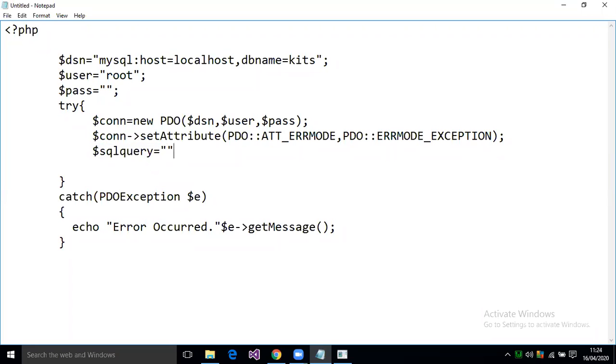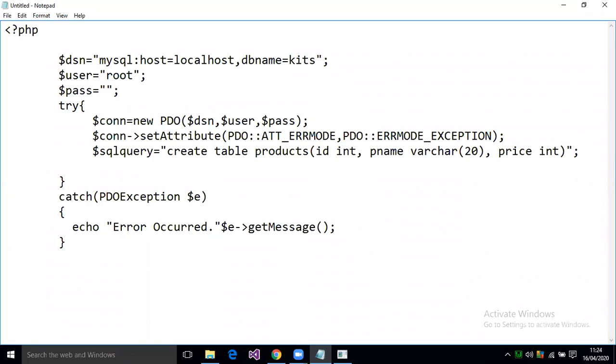I want to create a table, create table products, which has an id which is an integer, comma, pname which is varchar of 20, and every product has a price. This also will be an integer.